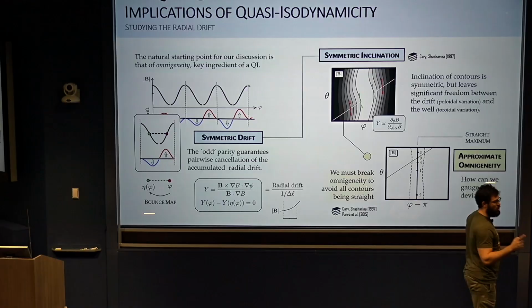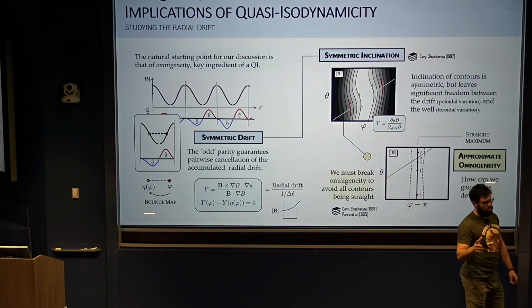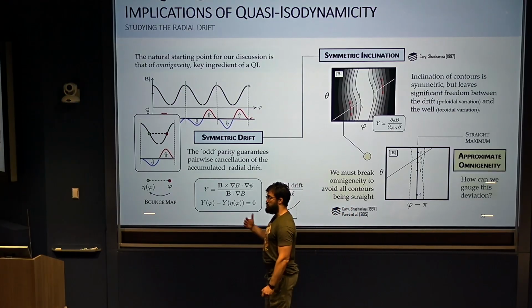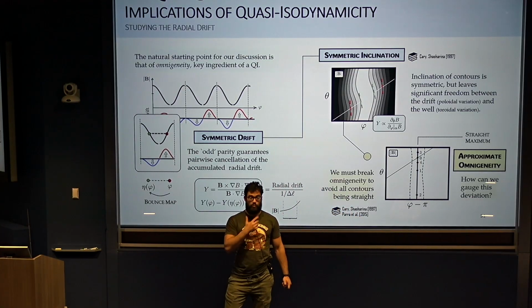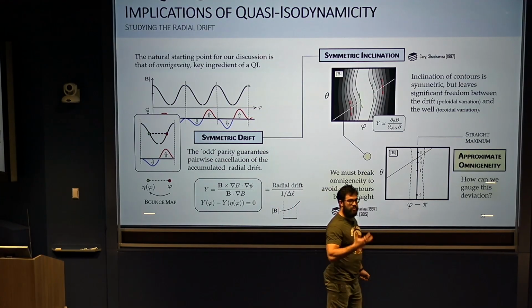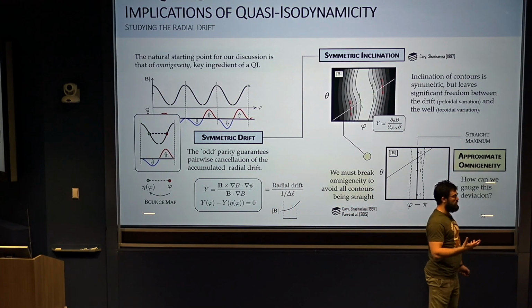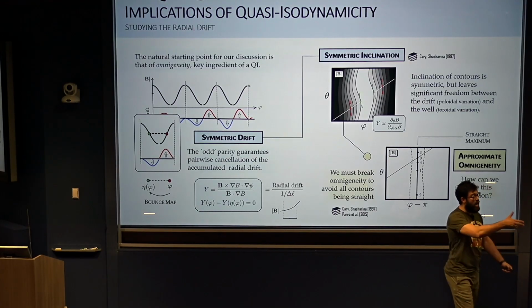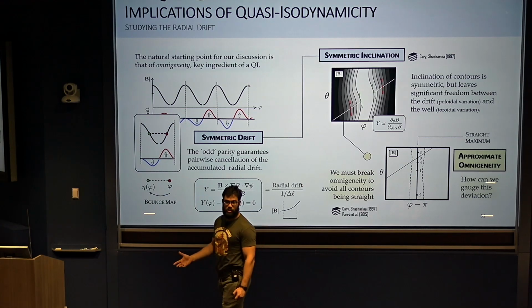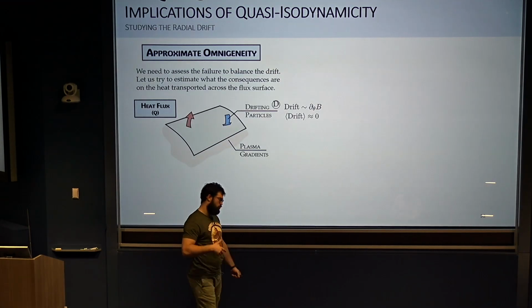So when we talk about quasi-isodynamicity, we are actually not talking about exact quasi-isodynamicity. And as soon as I'm breaking this, I need some kind of measure to assess how bad this is, right? I need to have a measure that allows me to say whether one configuration is very homogeneous and another is not. How am I going to gauge this, right? I need some kind of quantitative measure